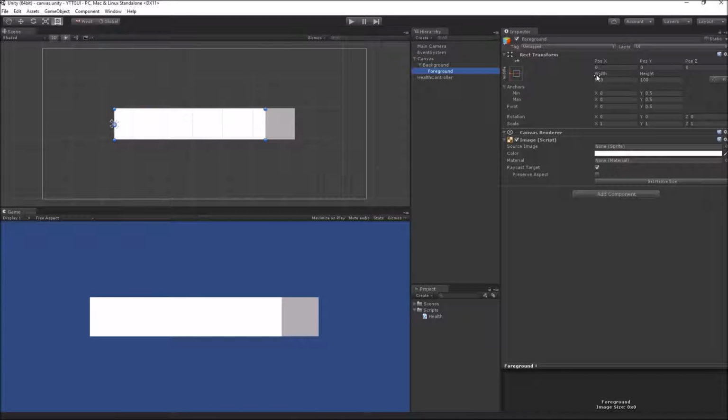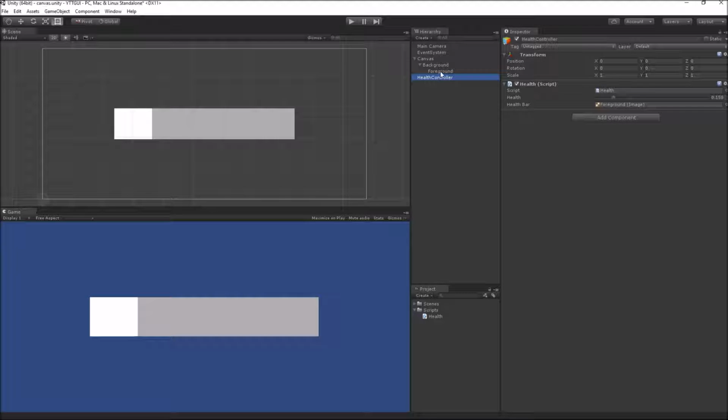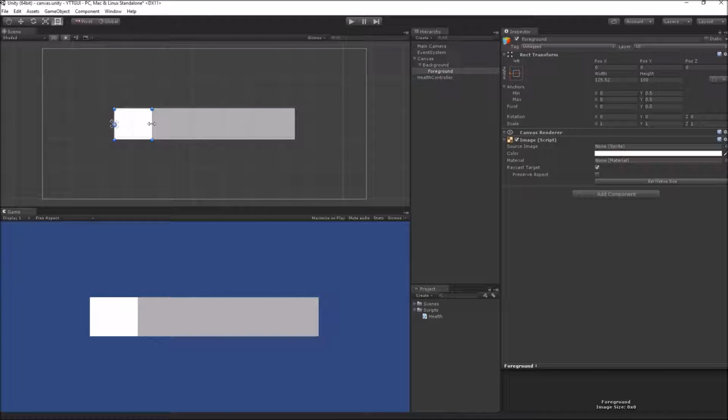Now what we want to do is to change the width of the health bar image according to the health float value, which varies between 0 to 1. So we first need the maximum width so that this foreground matches with the background, and we can find that by moving the foreground to its maximum value. You can see an orange line here which shows that its width is same as the background width, which in this case is 600. So we know that our foreground width should vary between 0 here to 600.